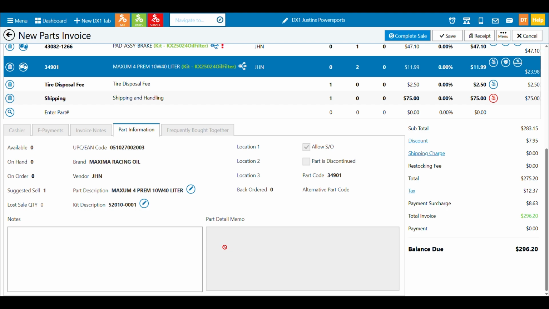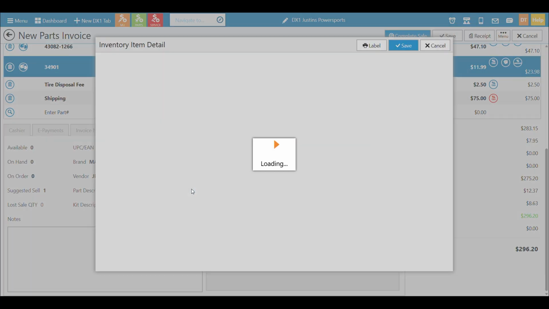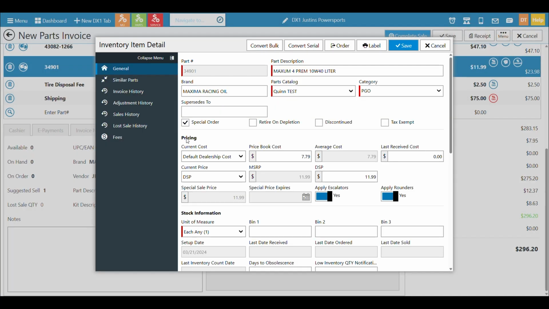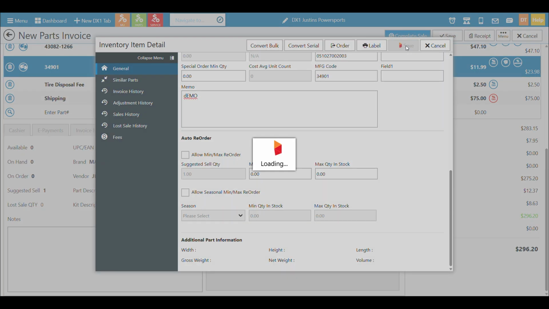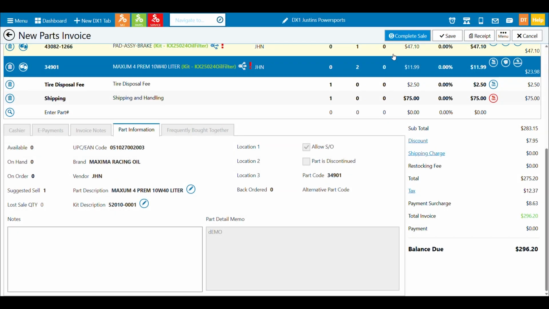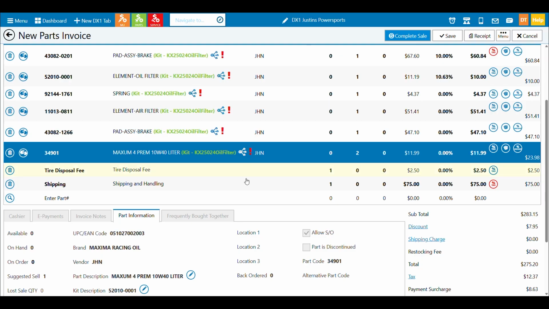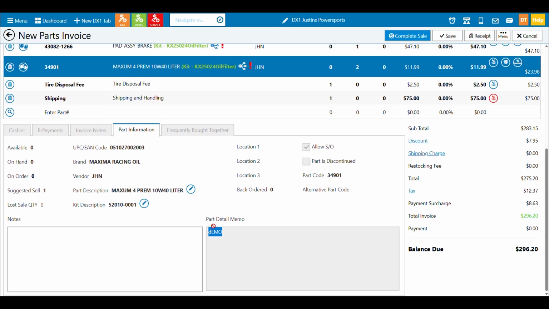And then if you needed to add that part detail memo, so you would see that red exclamation mark, you can do that. And again, to add in that memo, all you do is click that pencil right there from the icon, which will bring you here into the detail without searching it in part inventory. I could come over here, add my demo note, hit save, and then next time, well, it already updated. When I click that, I can see my note that I just added there. Pretty simple process to use.